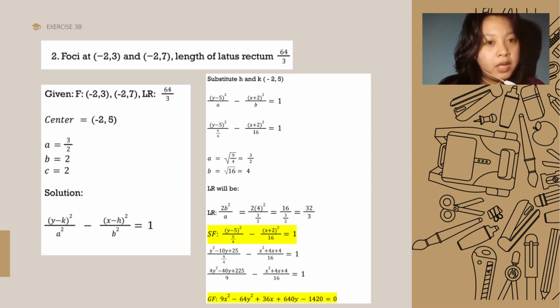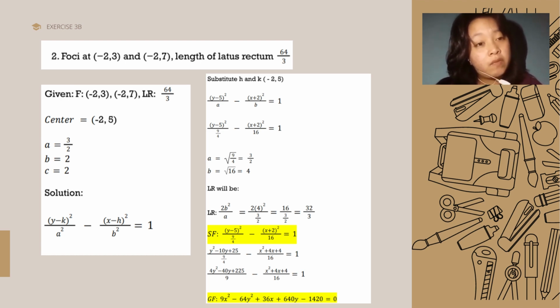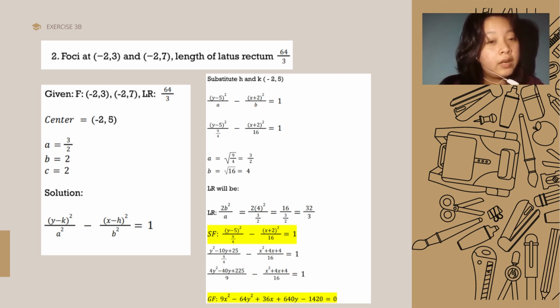So, ayan, ang magiging sagot niyan ay iaangat lang natin itong 4 para maalis yung fraction ng 9/4, which is 4y squared minus 40y plus 225 over 9 na siya minus x squared plus 4x plus 4 over 16 is equal to 1. So, cross multiplication and then combine like terms, ang kakalabasan niya ay ang general equation niya, which